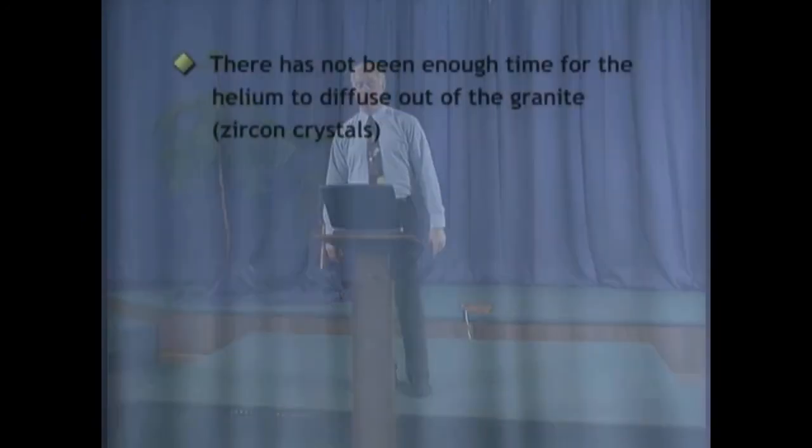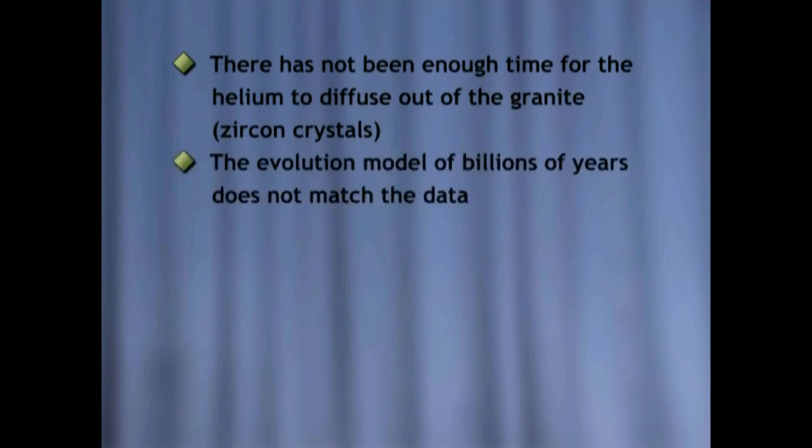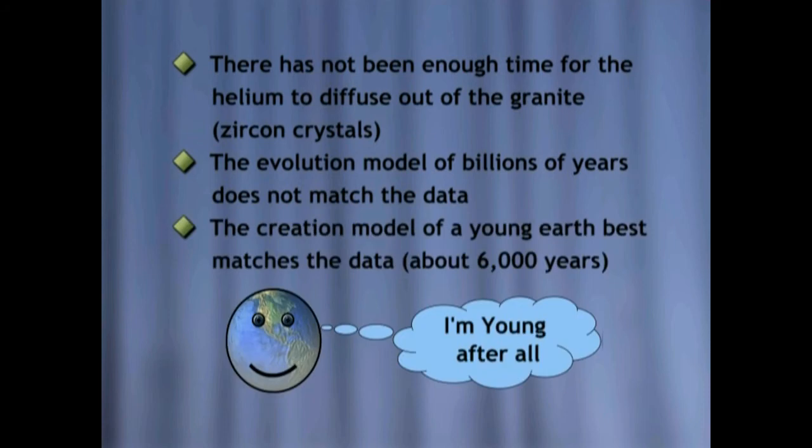Well, it means this. There has not been enough time for the helium to diffuse out of the granite. The evolution model of billions of years does not match the data. What matches the data is the creation model of a young Earth, about 6,000 years old. You see, when you do the science, it matches what the Bible teaches. When you read the textbooks, what we're finding out is a lot of deception going on. We need to get back to putting all the scientific information into our classrooms and get away from indoctrination and